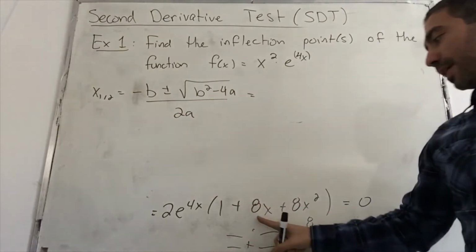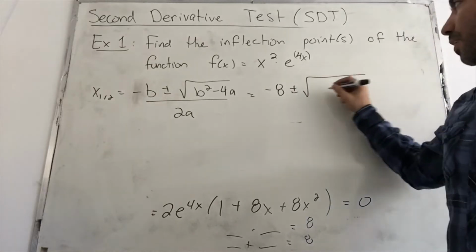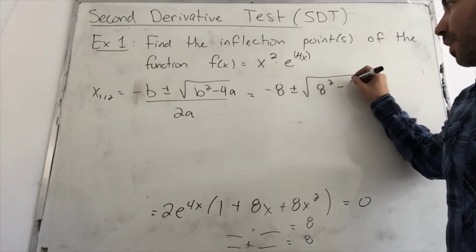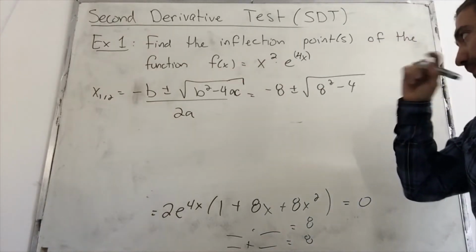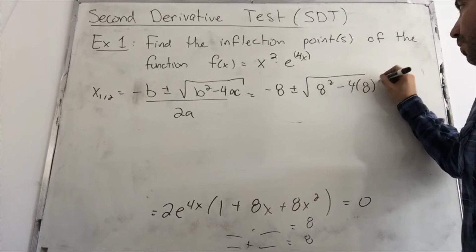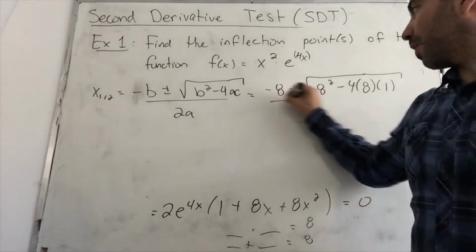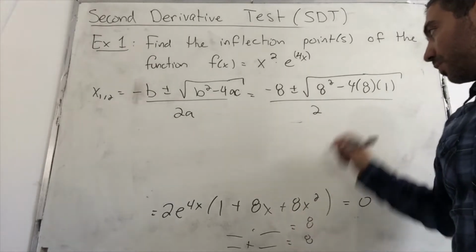So the b in this case is 8, so minus 8 plus or minus the square root of 8 squared minus 4ac. 4 times a, which is 8, and c is 1. All this divided by 2 times a, 2 times 8,